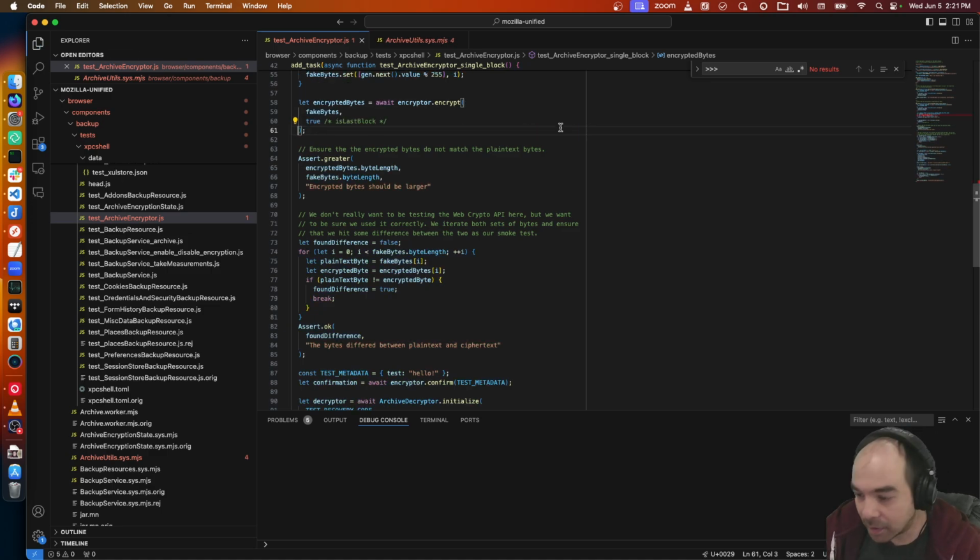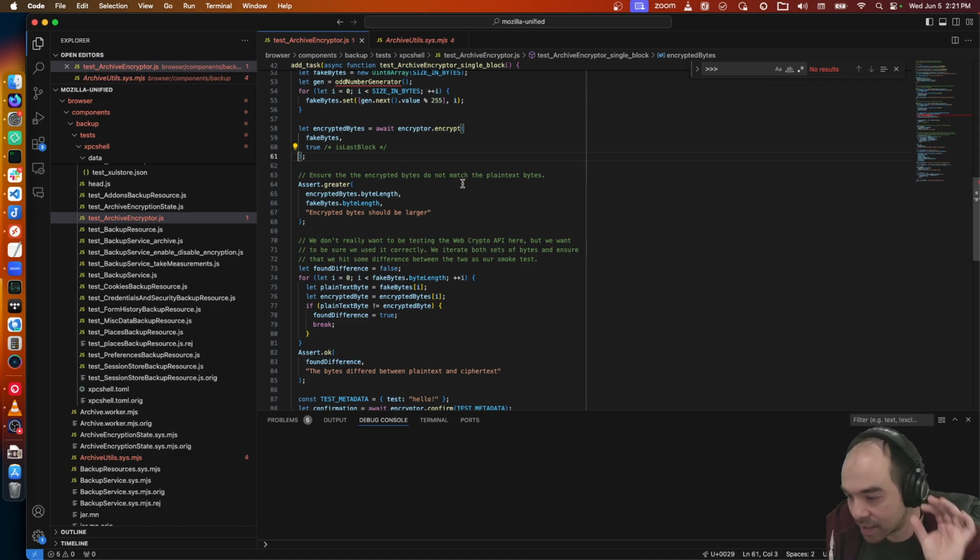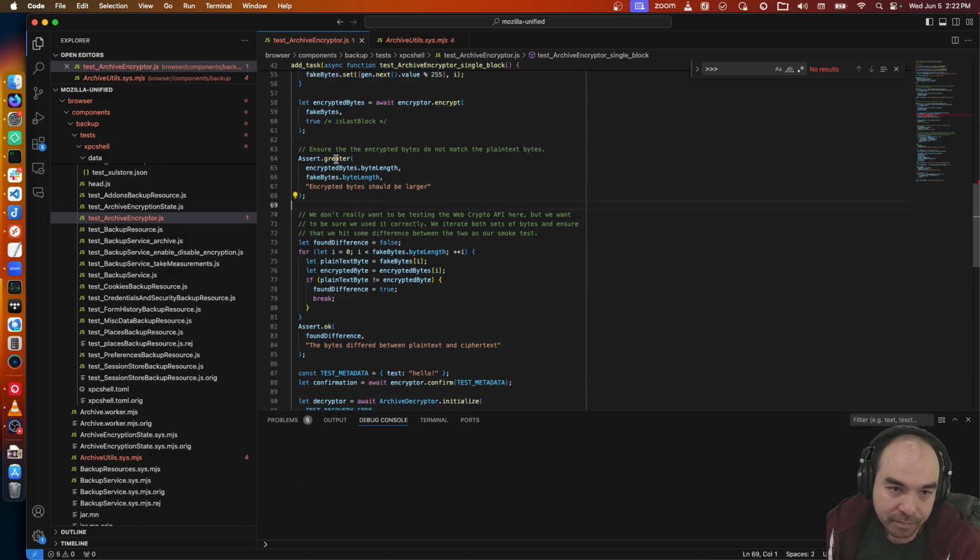The way the encryption scheme works is it works in blocks. You don't want to read the entire 86 megabyte zip file into memory and then encrypt the whole thing, because you don't want to suddenly consume a bunch of memory in the background. So we're doing it in blocks where we read in about a megabyte, encrypt that block, read in another megabyte, and then flush to disk. So you trade a little bit of time for memory. That's how this works.